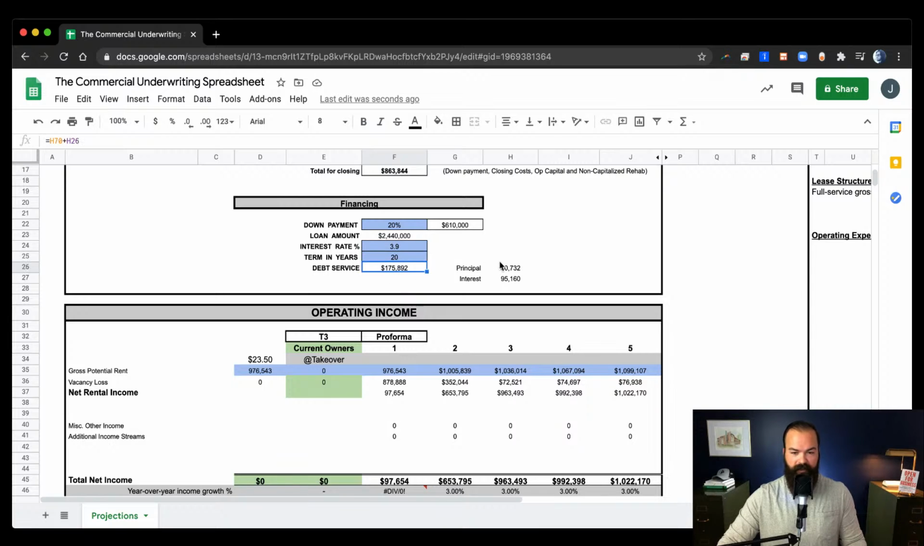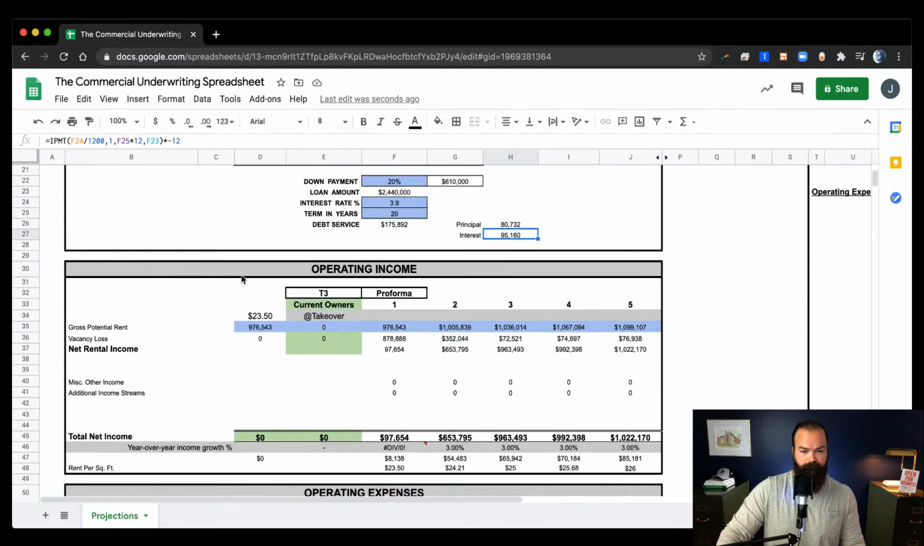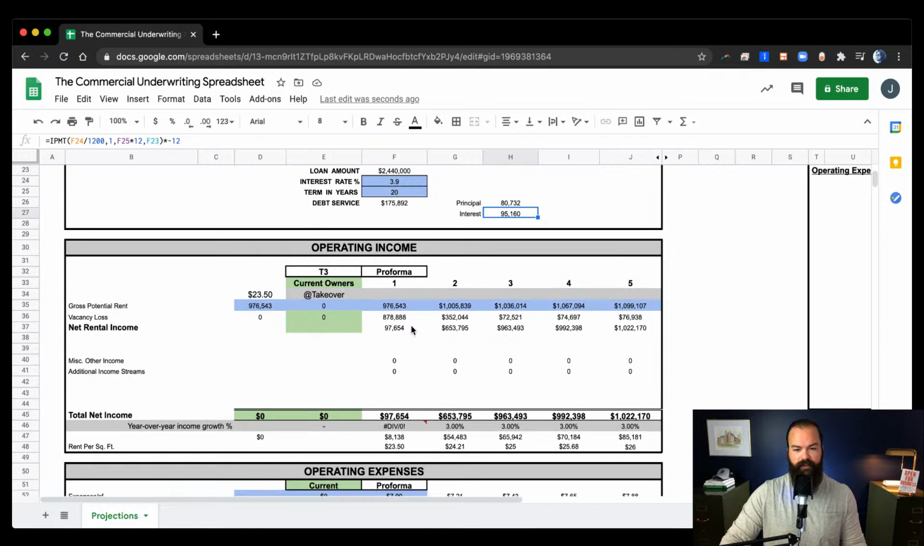So that gives you your debt service. You can see it broken out by principal and interest there as well. That's going to come in handy later on when we start talking about interest-only periods. Now, under the operating income, this is where I input what I expect the rents to be. So for this property,